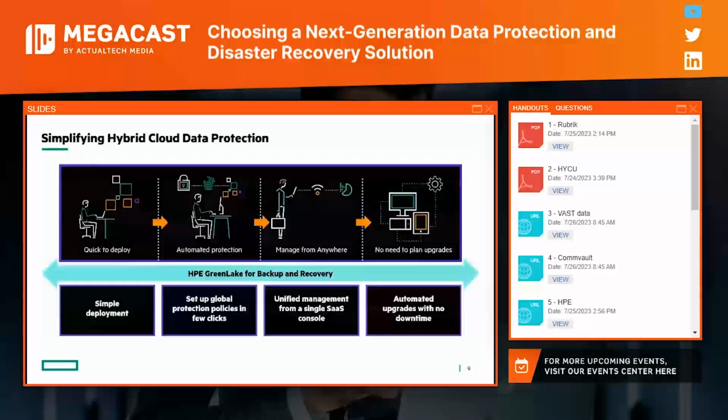Let's get into backup and recovery. Backup and recovery has a whole bunch of HPE DNA. As a matter of fact, it's all our own technology, and it's technology that we've had for some time. It's very mature, very capable. The source-side dedupe that's built into HPE GreenLake for backup and recovery is pretty much best in class in the market, and we've got a slide that shows up to 8x benefit. So the service had to be quick and simple to deploy. It needed to be based on automated protection. So we've got protection policies, and that's the dailies, weeklies, monthlies.